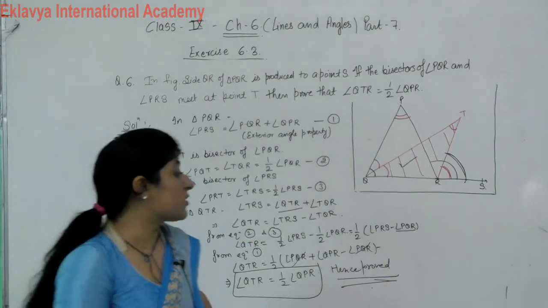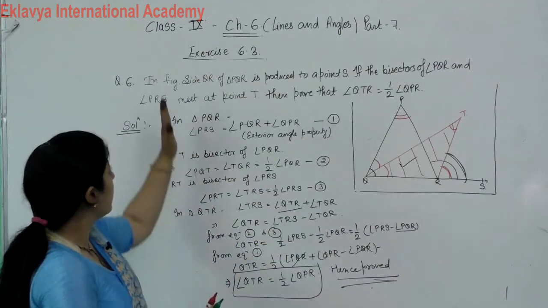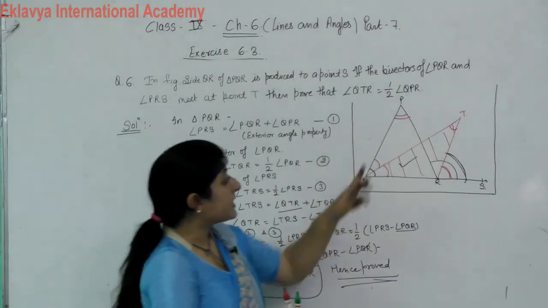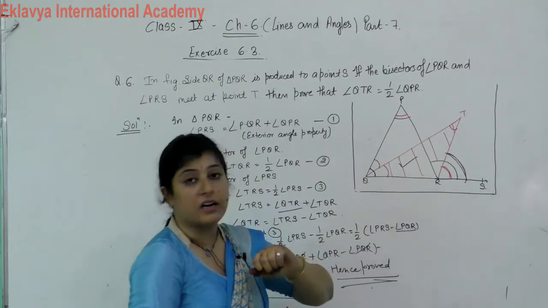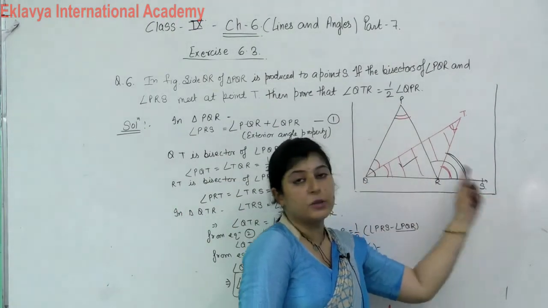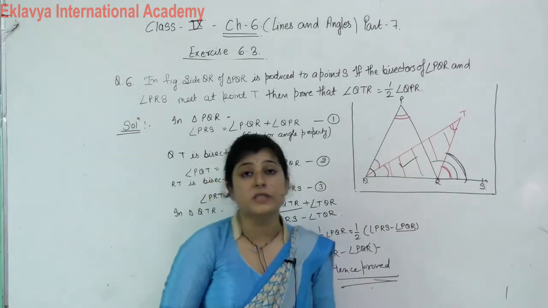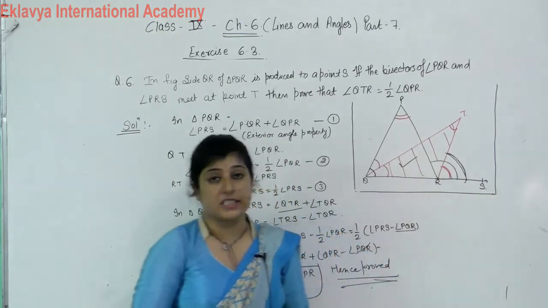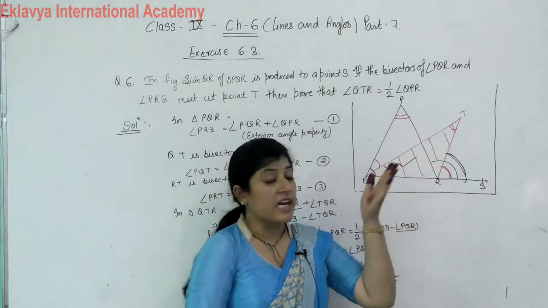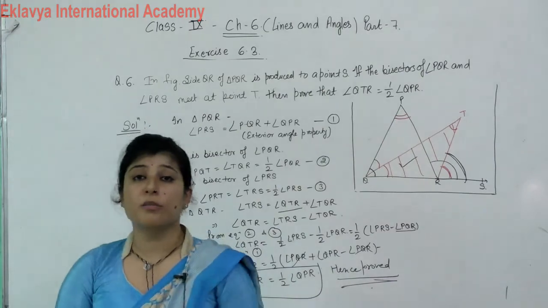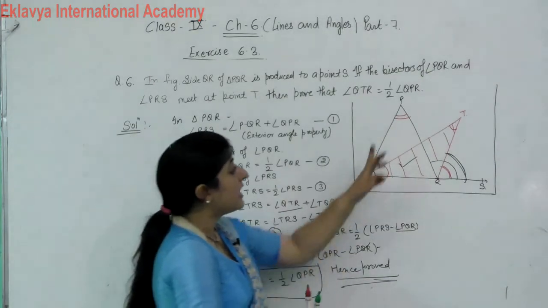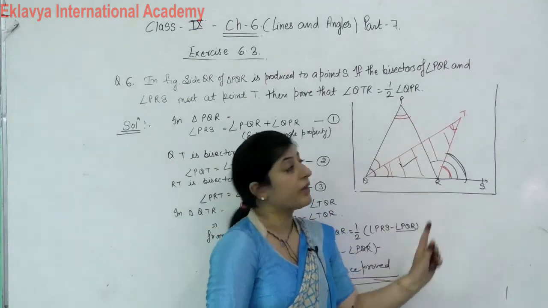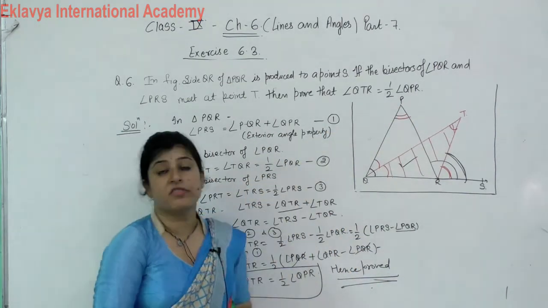This is how we will solve this question. What did we do? Firstly, side QR of triangle PQR is produced. It means in triangle PQR, when you produce side QR to S, it forms an exterior angle. Then what is the name of this exterior angle? PRS. The exterior angle is equal to the sum of the two interior opposite angles, so PRS is equal to PQR plus QPR. This becomes our equation first.